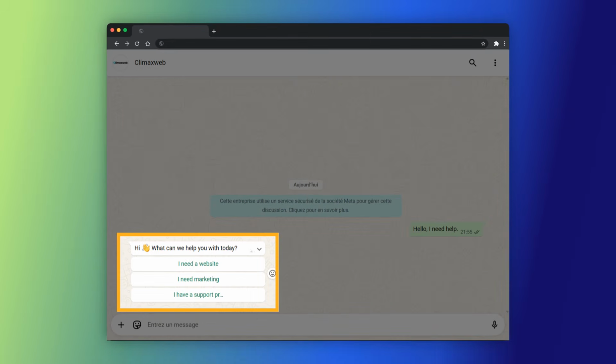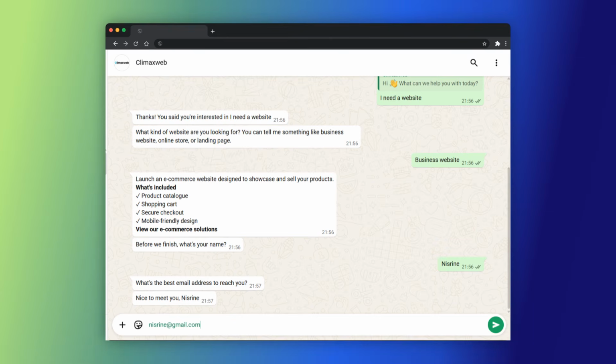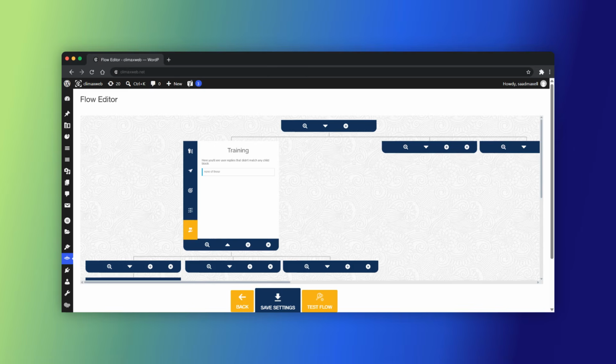Just like in the web widget, this selection is stored in Service Request. At the end of the flow, we'll enter an email address so Maxbot can save it together with the other captured user data. Now let's examine what occurs when a user reply does not correspond to any of the configured